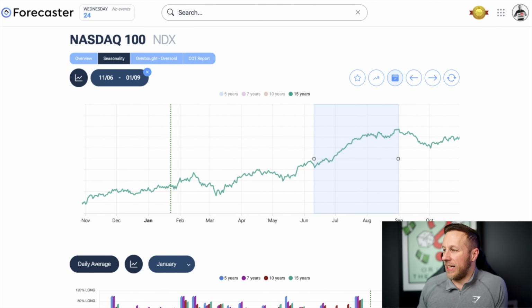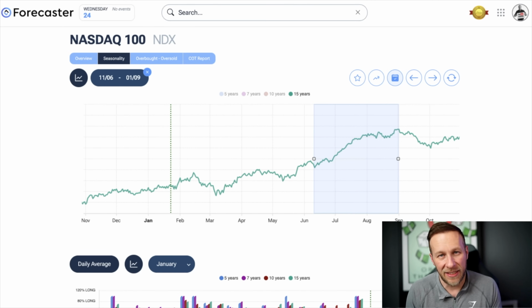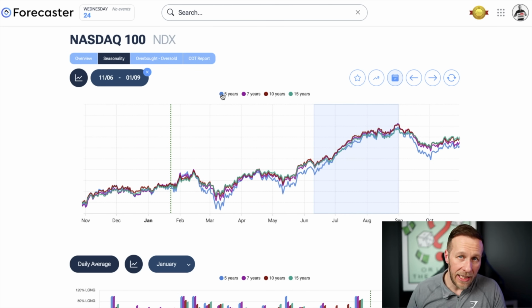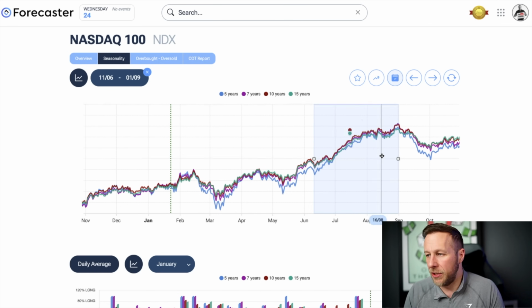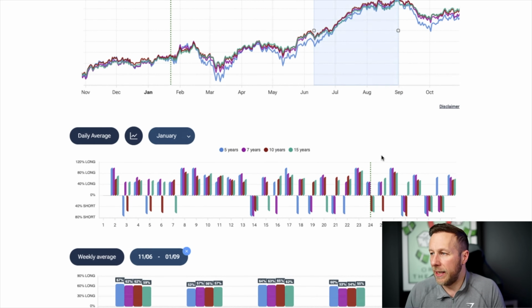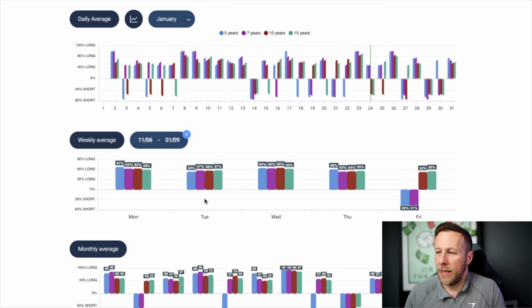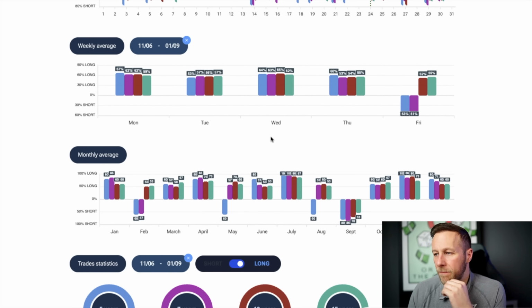You could probably just see alone in this that's pretty decent to know, right? That's quite handy to know. Now, I'm going to show you what all this is and what it means, and then I'm going to show you exactly how you can use it. If we scroll down here, you can see we've gone from the 11th of June to the end of August pretty much, right? Now, the weekly average I'm going to talk about in a minute, but in the monthly average,